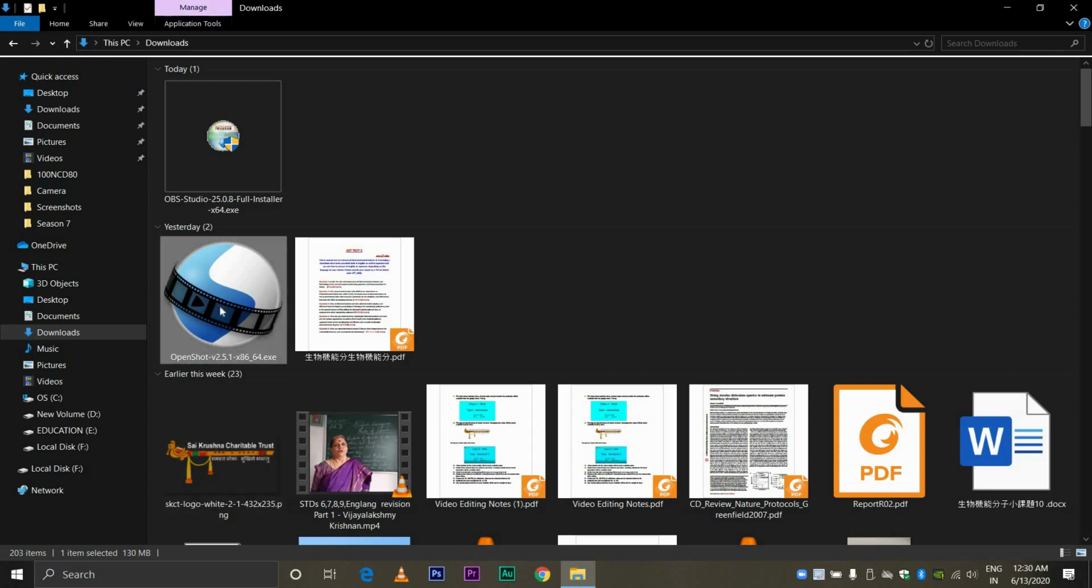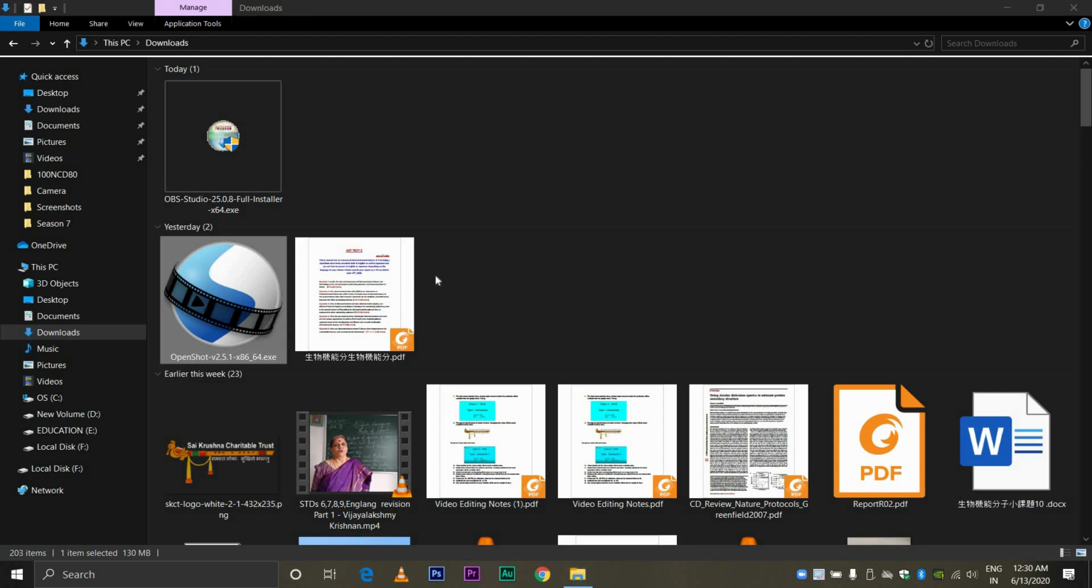Once I come to the download folder, you can see here OpenShot version 2.5.1. So my system is a 64-bit system. If your system is a 32-bit system, don't worry, there is a 32-bit version also there which you can download. If it's Linux, Mac, as I had said, doesn't matter, on everything OpenShot works. Go ahead and double click on the OpenShot video editor